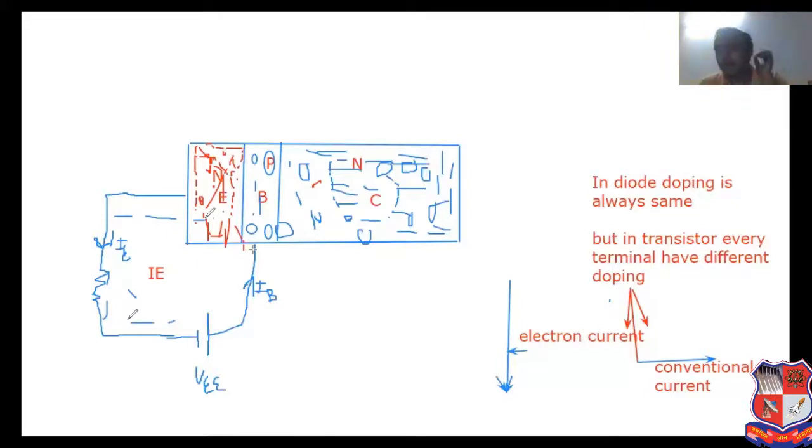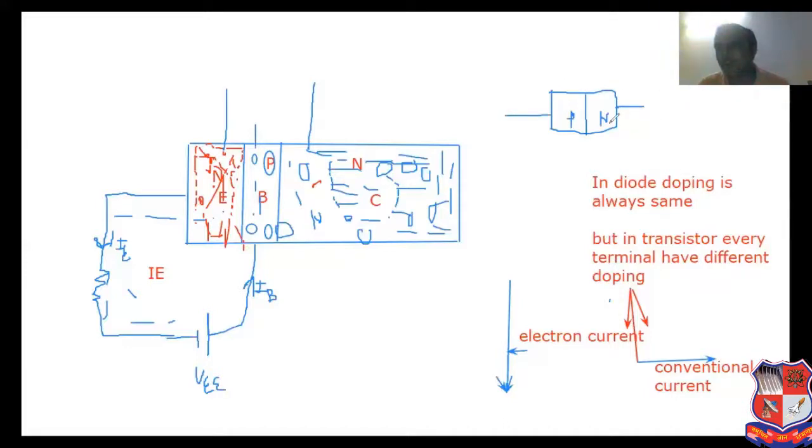I will explain in the unbiased diode. If an unbiased diode is present, say this is the N terminal. The N terminal creates positive charge across it, and the P terminal creates negative charge across it. Why? See my previous lecture. Whenever P-type material is connected with N-type material, it is known as a PN junction diode. But if we do not give any type of supply, this is known as an unbiased diode.